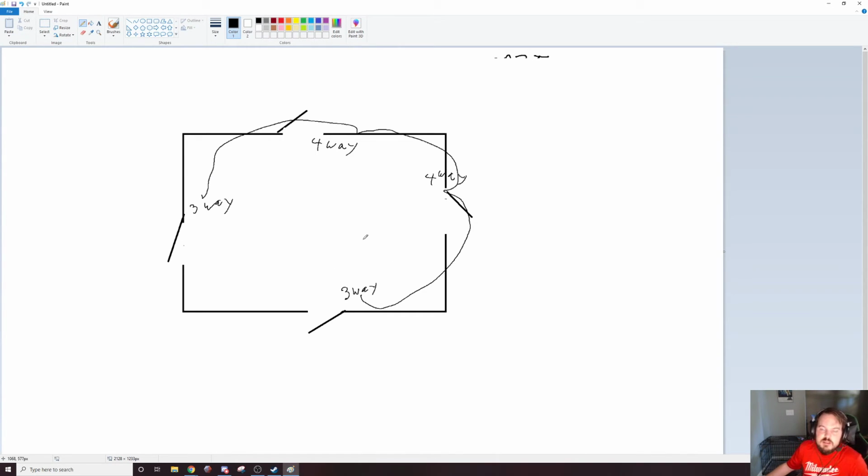And you can control the lights in this from every single switch. You can put an infinite number of 4-ways in between 2 3-way switches, because